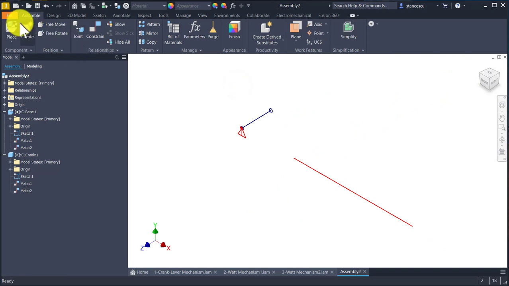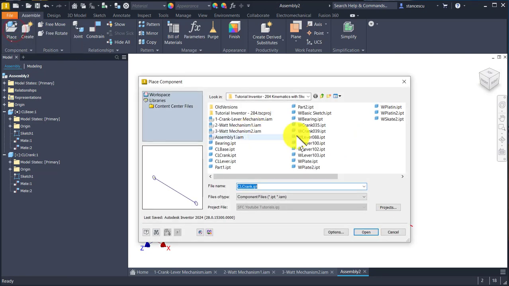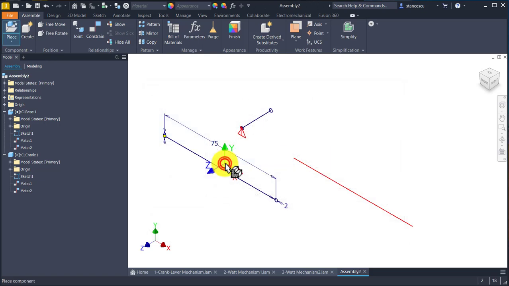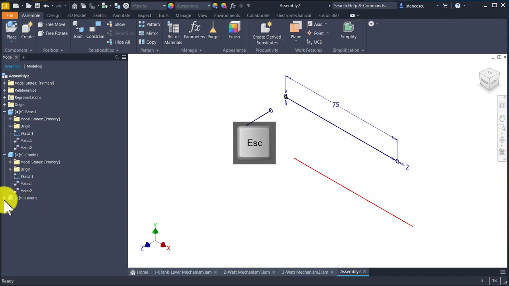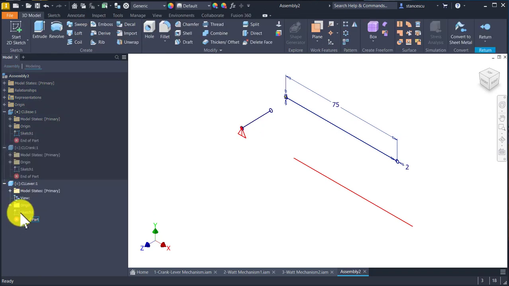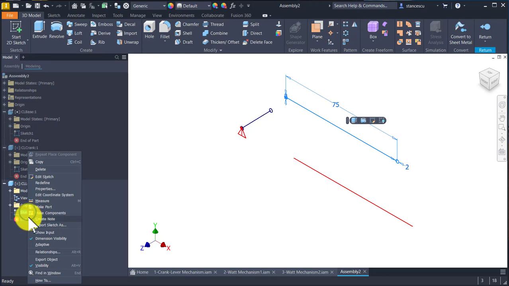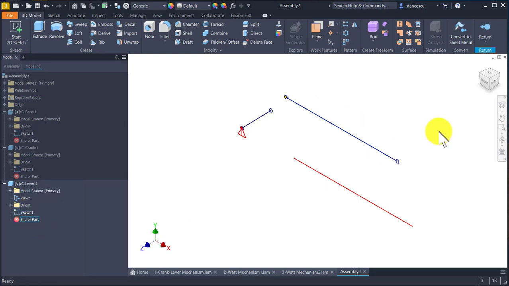Place lever, CL lever somewhere, change its sketch with a double click, and dimension visibility not to be present. Good. Next is to apply return